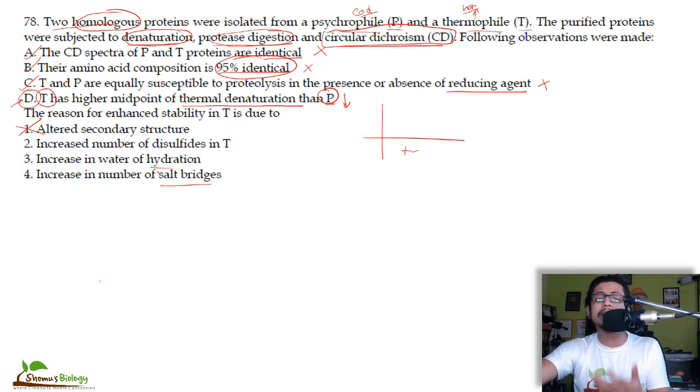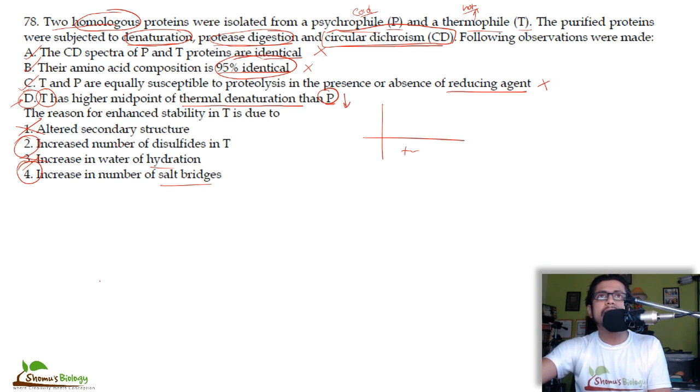Now which bonds are responsible for providing a protein more thermal stability? And this is something you should remember, you should know. If you don't know the properties of these different bonds and their features, you cannot answer that. Okay, so the question is asked from the different bonds that are present in the protein. And we know that among all these interactions, the disulfide interaction, water in the hydration is not important, but among